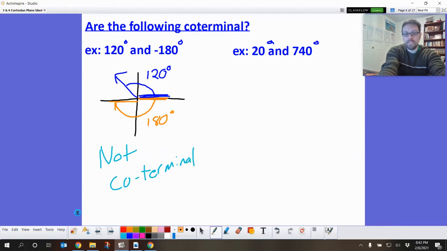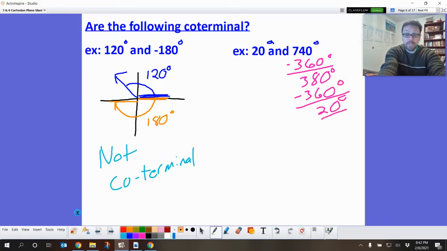If I check 270 and 740, oh man, 740, that's real big. So let me just figure out how many spins are there by just subtracting 360 degrees from it. So that is one spin. So 740 minus 360, that is 440 minus 60, that is 380 degrees. That's still pretty big. Let me subtract one more spin. That's 20 degrees. Those values are the same. This 20 is matching that 20. They must be coterminal. So if we looked at it graphically,